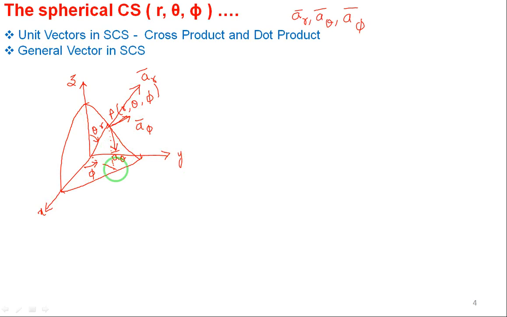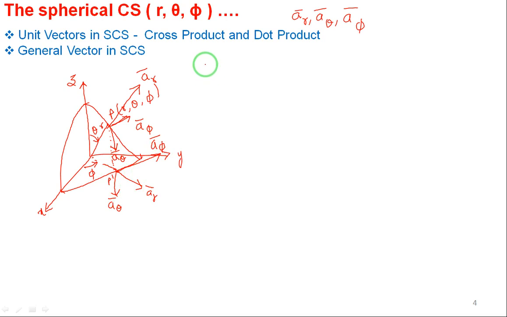Okay. Let me take the projection of this point P here so that it will be clear. If point P is here, then AR is in the radial direction. The point can be anywhere on the spherical surface, right? I am locating the point here, AR. Then A theta, yes, it is in the downward direction, tangential to the spherical surface. And then A phi, I hope it is very much clear as compared to the previous point, AR, A theta, A phi. I am shifting one more point. Let me call this P dash, any other point. I hope you can see AR, A theta, A phi here.